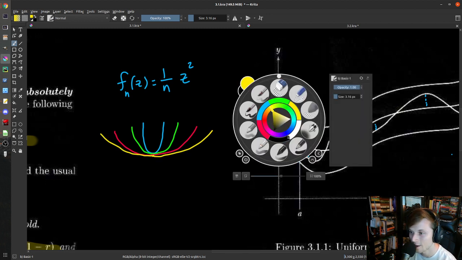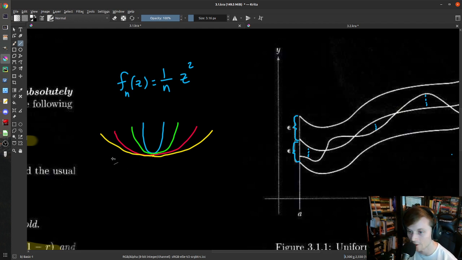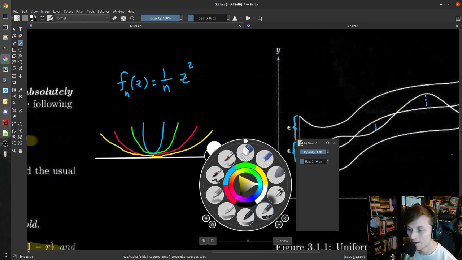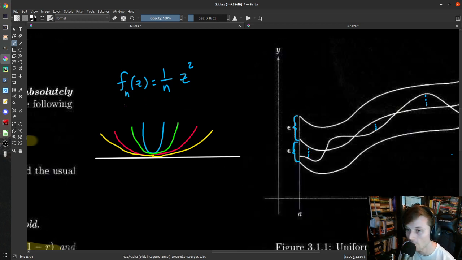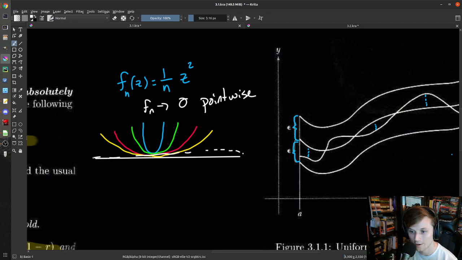Okay, fair enough. And in the limit, you can imagine that you just get a flat line. So very obviously, in a pointwise sense, it converges pointwise, but it doesn't converge uniformly, because if you look in some epsilon window around this function, you eventually get to this constant one, and you always have stuff that's outside of it.